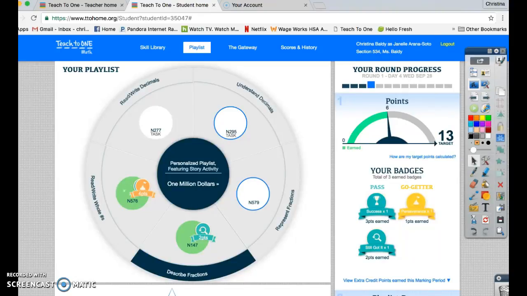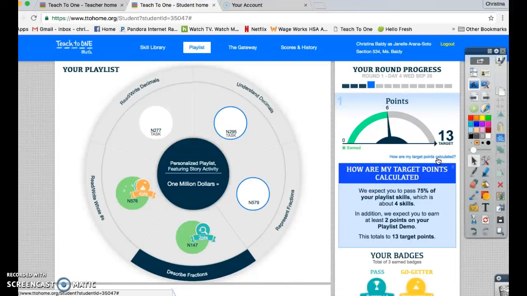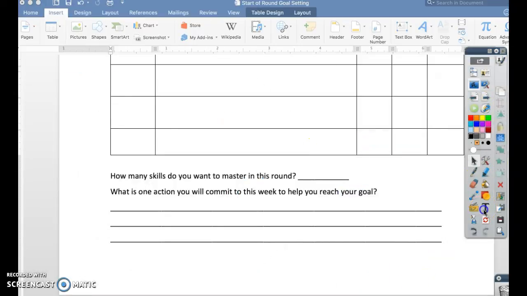If you want to see TTO's idea of your goal, we can go back to the main page, and underneath your target points is a link saying, "How are my target points calculated?" If we click on that, we get more information about where our points come from. This student is expected to pass 75% of their skills, which is about 4 skills. Seeing the progress they've made so far, this student could easily set a goal of mastering 4 of their skills. This is up to you to decide what would be a goal that is both challenging as well as feasible, knowing that it's okay to not master all of your